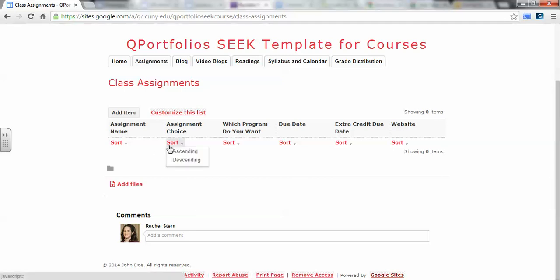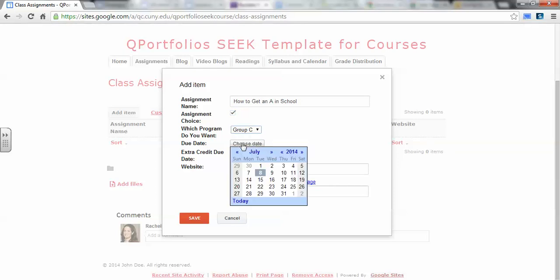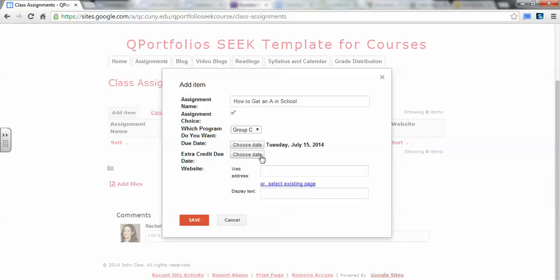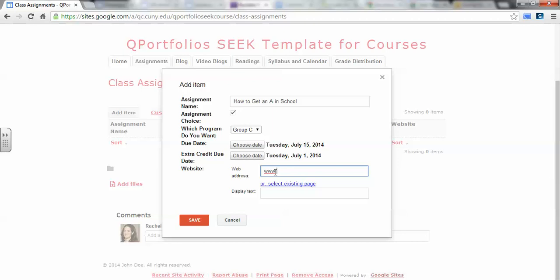And obviously each of these has its own sort function where you can change it. And now let's add items. So let us name it. You can choose to do it. And I want to be in group C, let's say. And I say it's due on the 15th and the extra credit is due. And the website for this is,